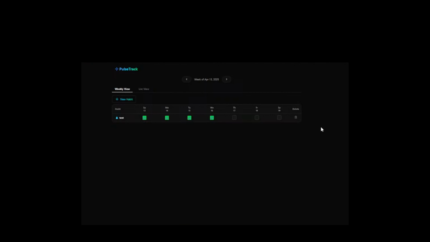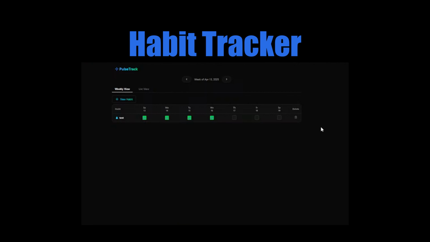Today we will build a full stack habit tracker application using the latest version of Next.js and just local storage. But basically what we have is the ability to create, update, delete, and read any habits that we want to keep track of. So the way it works is you will create a new habit by clicking on the